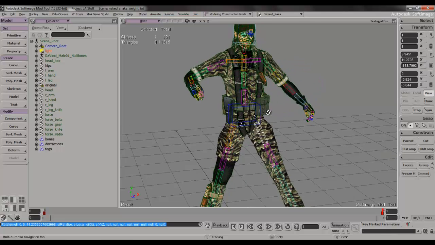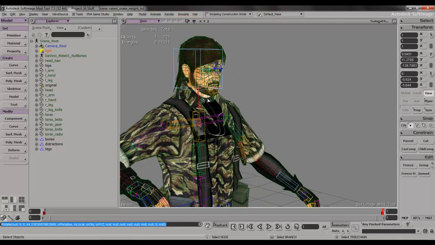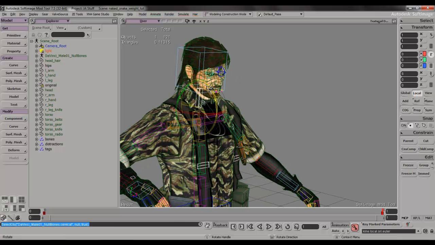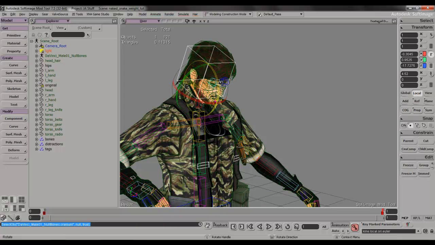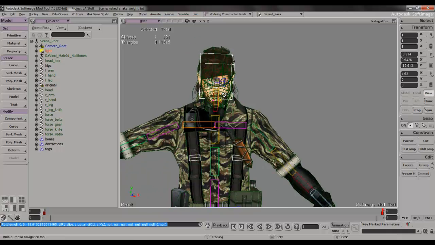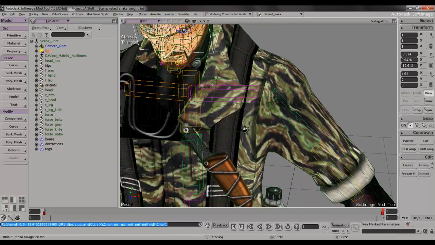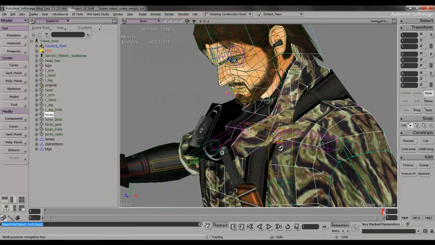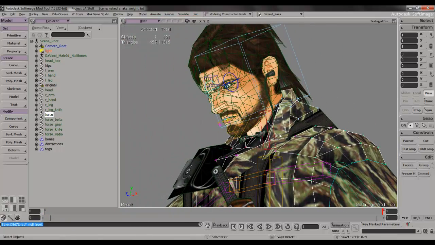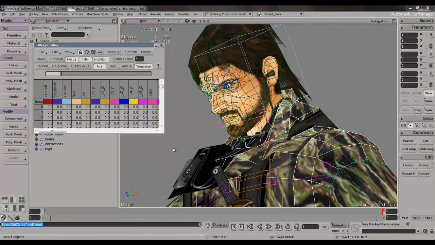Everything seems to work. Good thing. Got everything moving here. Oh, got a little bit of a funny problem here on the weights. What I need to do is